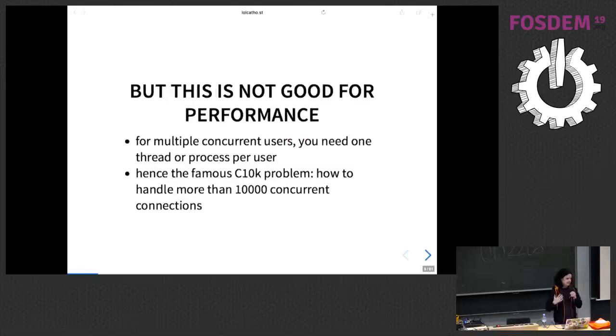The thing is, if you do that in Rust, blocking network, it's not good for performance. That's been a problem that's been annoying people since the C10K problem appeared. The idea was, we have blocking servers everywhere, so for every connection, we need a new thread or a new process to handle them, and then the servers got overloaded. And so performance was not great, and someone said, okay, we need a way to accept 10,000 concurrent connections. How do we do that?